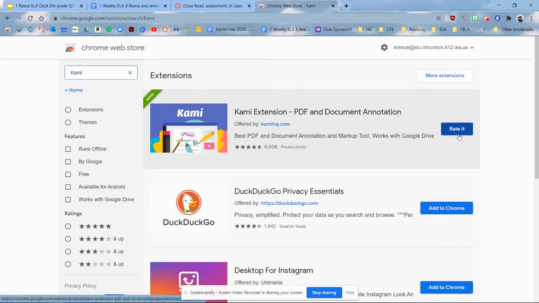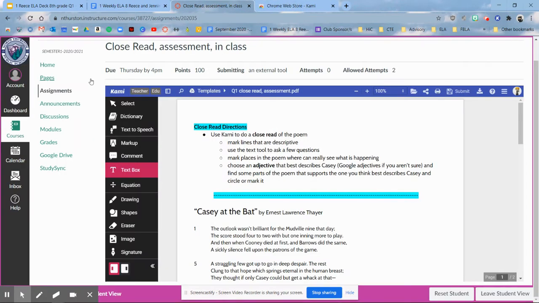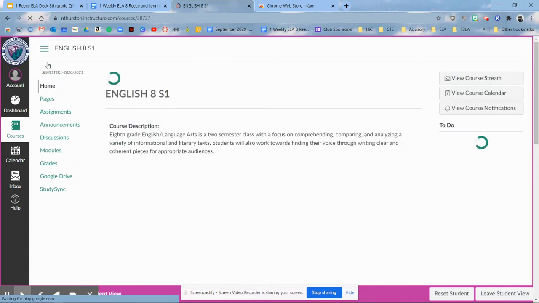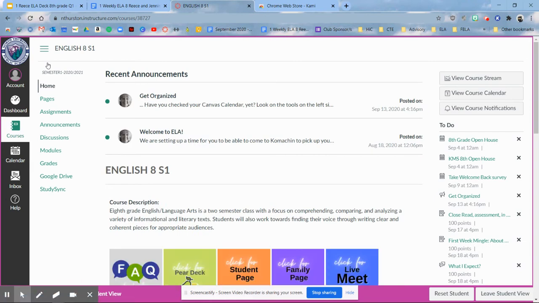And when I do that, over here on the right, if I have not installed it, it'll say Add to Chrome. So I want you to click Add to Chrome so that gets installed. Now, this is going to work in the background of your assignments. So after you've done that, and if you want to pause me while you install that, that's no problem. So we're going to go today to an assignment,